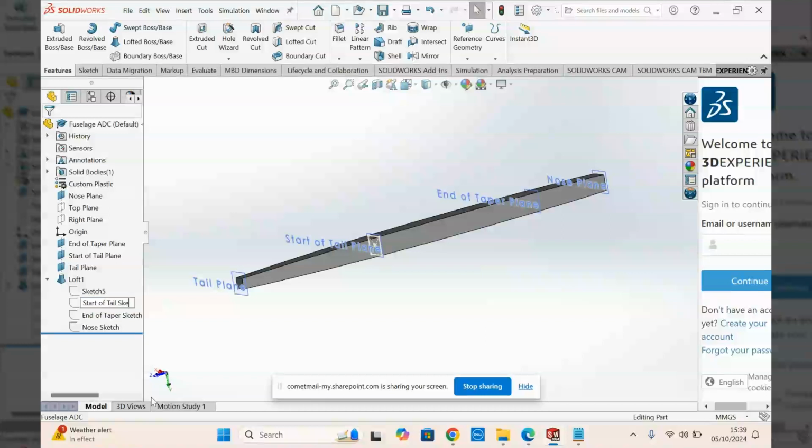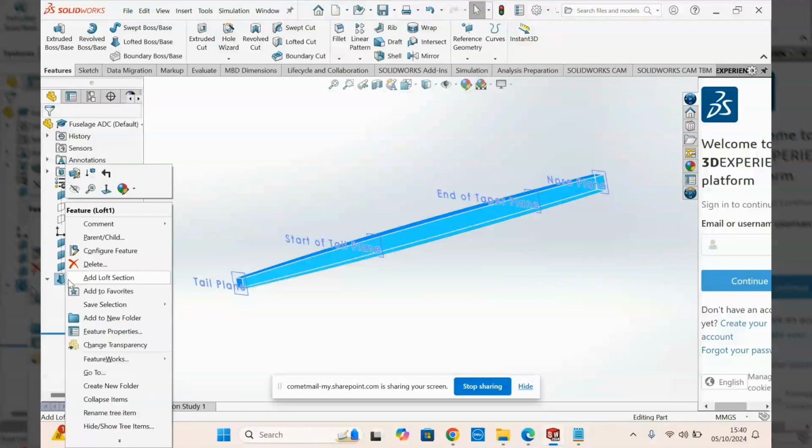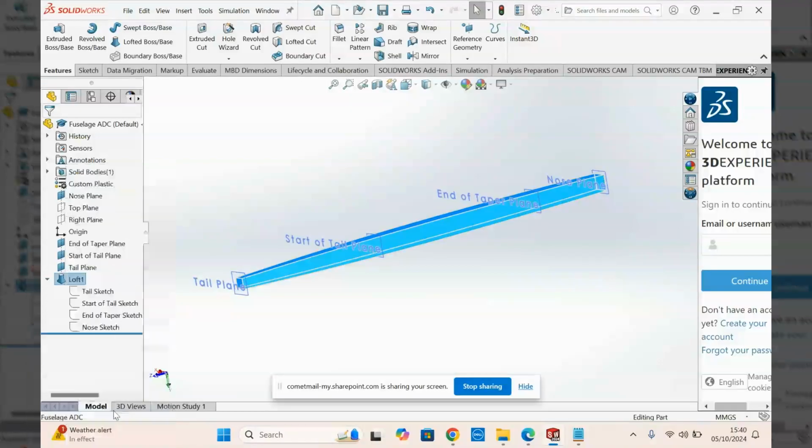And then for sketch 5, I'm going to call it the tail sketch. And again, this is just useful when you're working on something like this as a group, as you are. It means that if someone else was now to look in here, they'll be able to see exactly what these are. I'm also going to go and rename this loft to